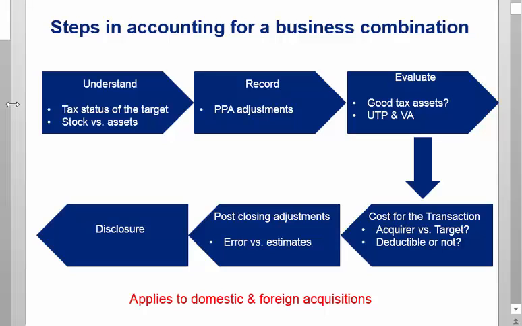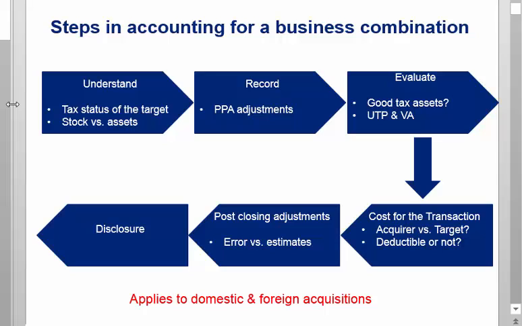Is it taxable to the seller? Is it not taxable to the seller? If it's a reorg, or for the buyer, did you get a basis step up, or did you not, or did you carry over attributes? Ask lots of questions about what happened in the acquisition, because it's only once you understand all the facts that you can figure out how to do the tax accounting.